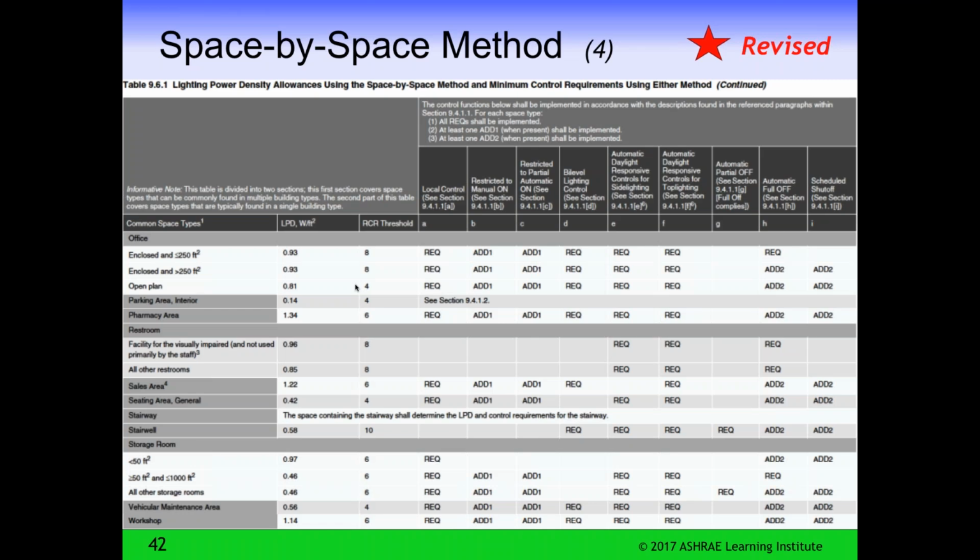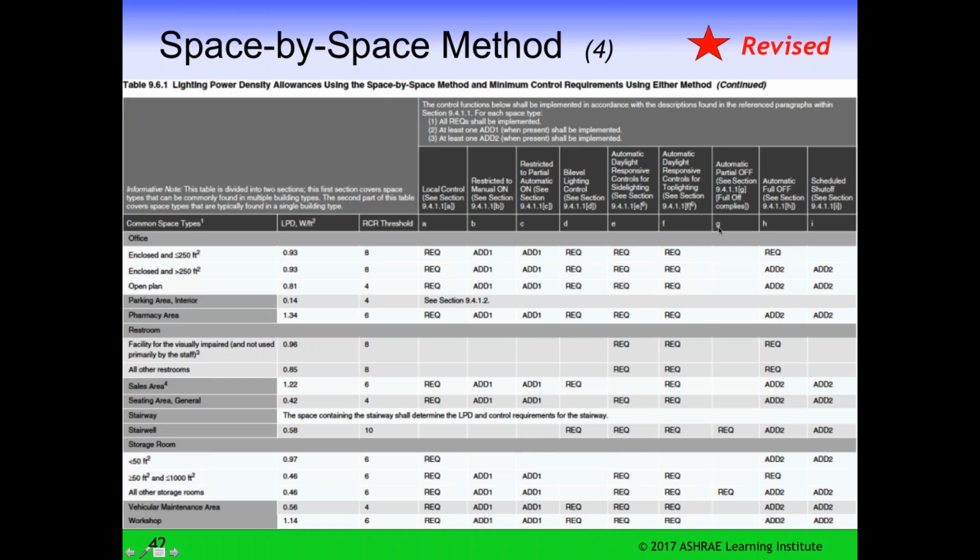It's a number that lets you assess the difficulty of lighting a space by the space geometry. But the significant thing for lighting controls is that lighting controls are specified as required by space type. So across the top here are the 9 different types of lighting control. And you can see that in the enclosed office and open office, some lighting controls are required and others aren't.